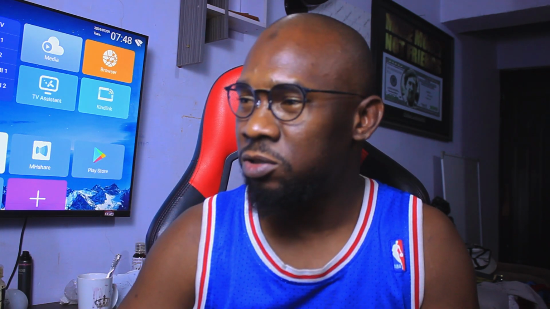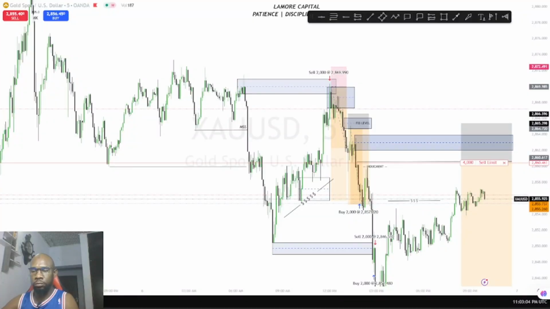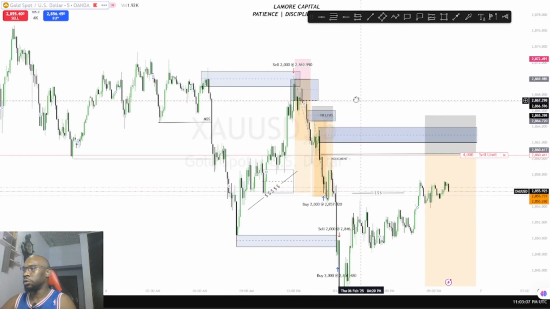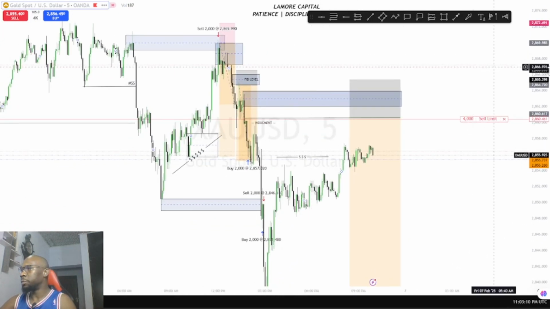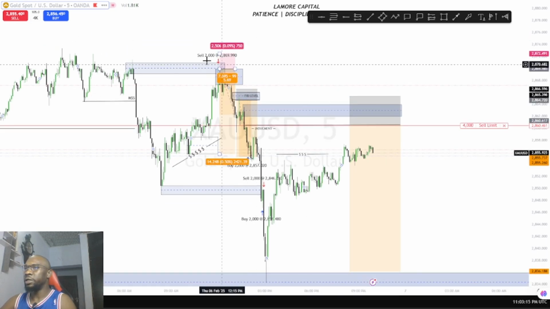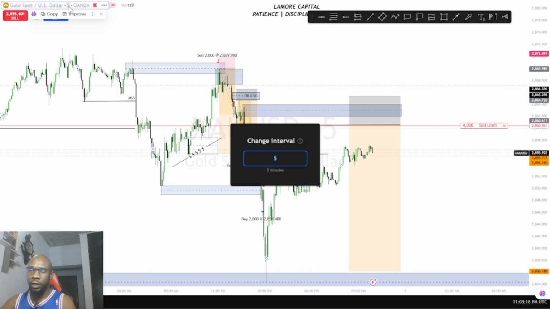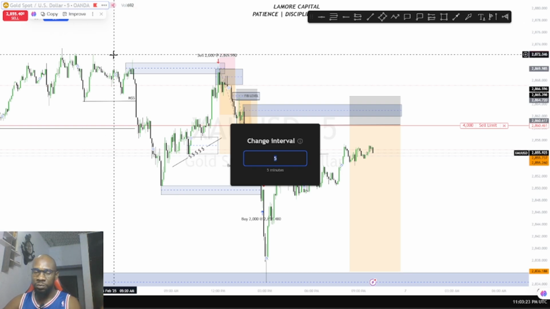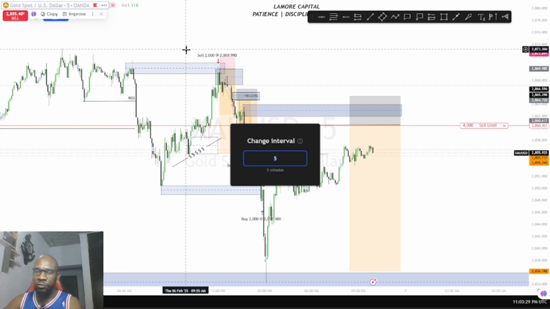So join me on my screen so that I can actually show you the trades I took today on my personal account. So starting out on this trade, this morning I actually got in on my daily time frame. So I didn't go very far. I only use the daily time frame, the 1 hour time frame, and the 5 minutes time frame. I use the daily time frame to see the overall picture, the 1 hour time frame to see the whole strategy, what I'm trying to trade on, and I use the 5 minutes for my entry.